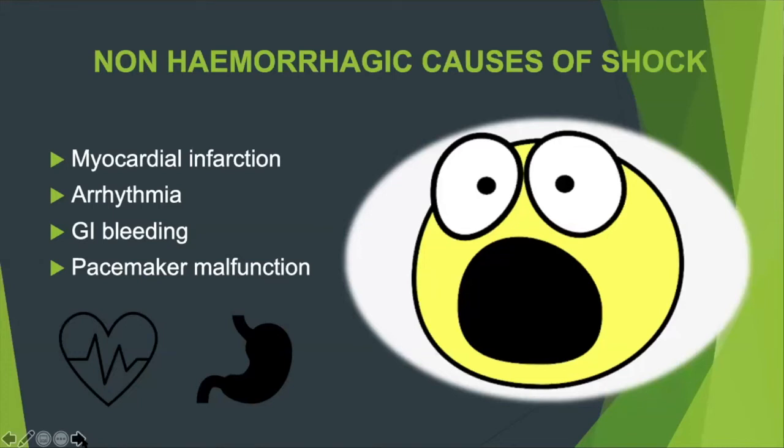Someone worse off than me right now, who's had really bad news and is then behind the car, not paying attention, missed a red light. So think of your other factors that can cause shock, okay? And just remember, shock is not just a low BP. There's an absolute definition of shock, essentially causing hypoxia and